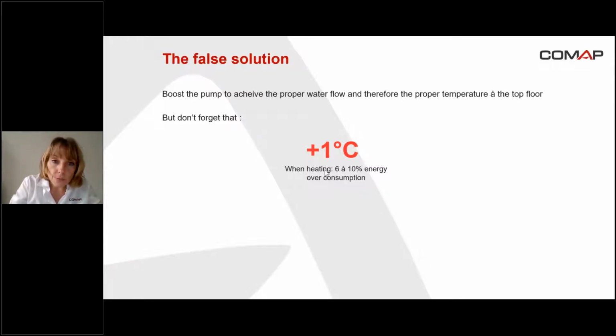But when the temperature increases by about 1 degree, that means an energy overconsumption equal to 6 to 10%. So regarding the energy consumption and the cost, it's not the right solution,